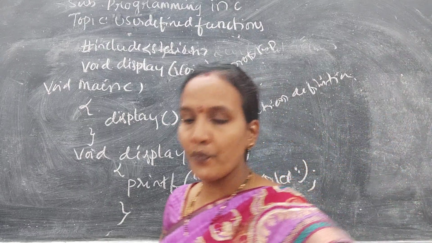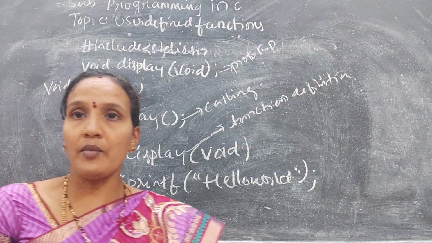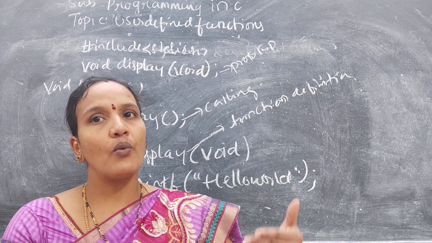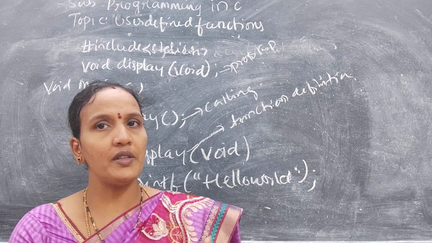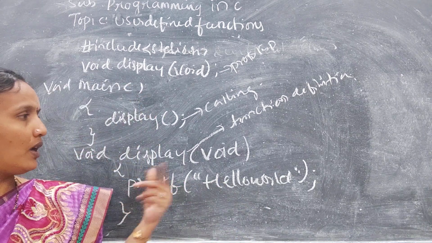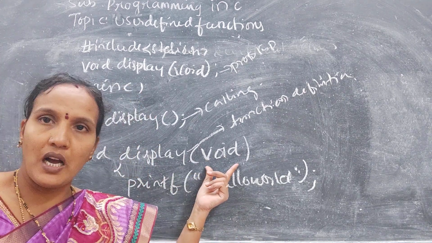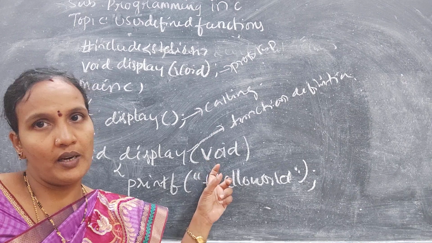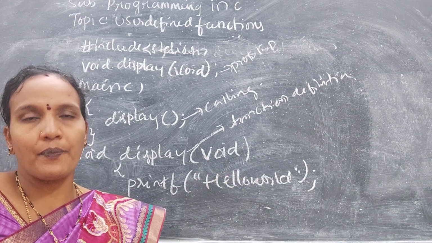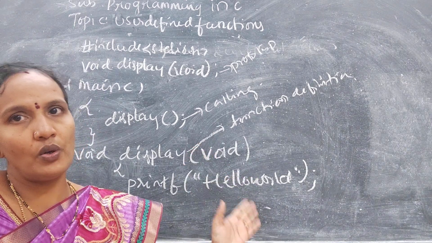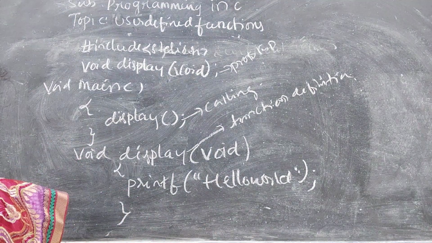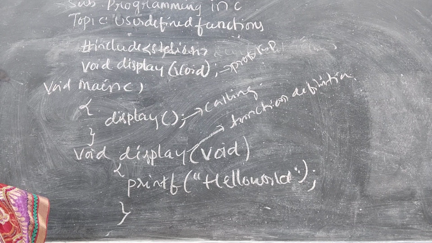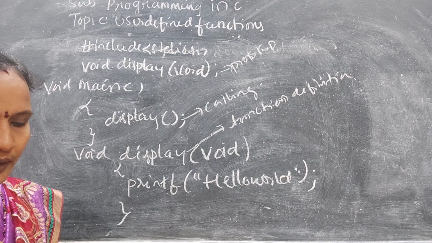Okay, understood? So sometimes you can write the function without argument and without a return statement. Here I am not using a return statement, and I am not having arguments also. So this will come under the third category: no arguments, no return statement. Clear? You take a screenshot of this. The last one I will explain is a function without argument and with a return statement.